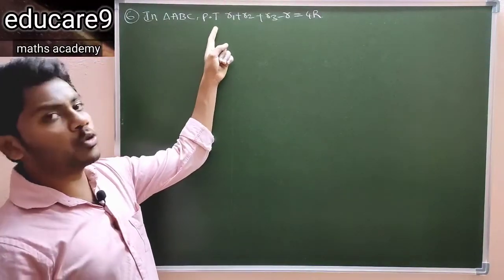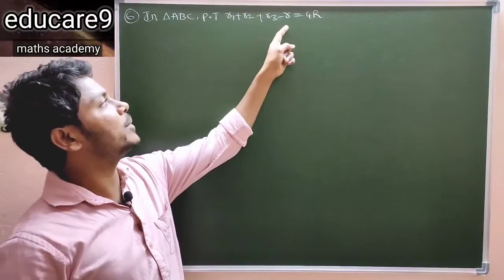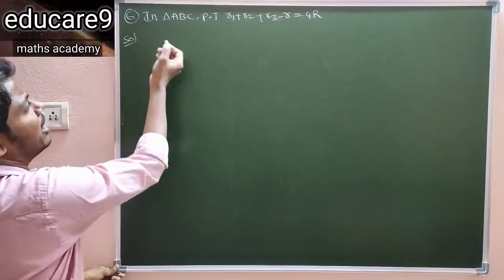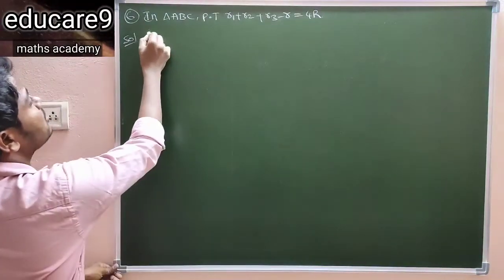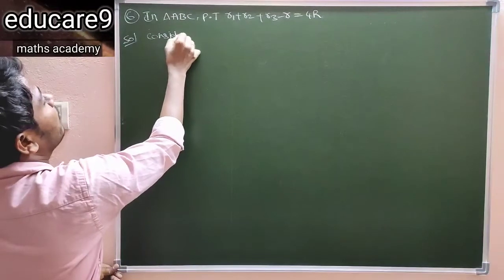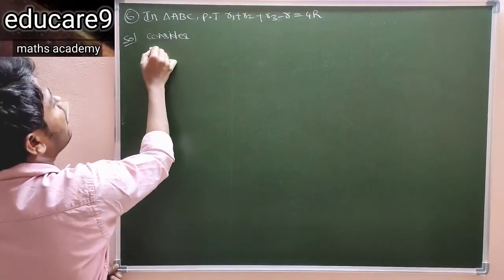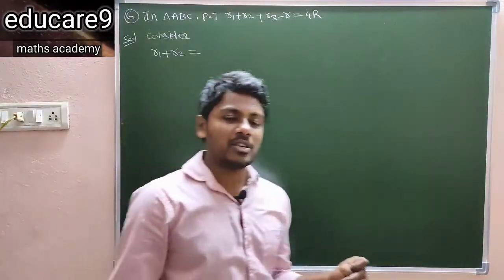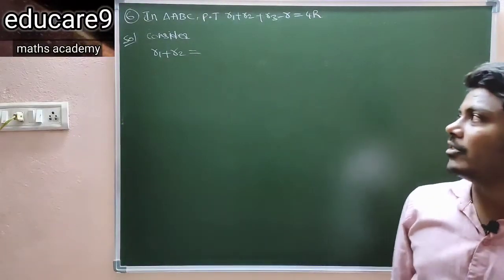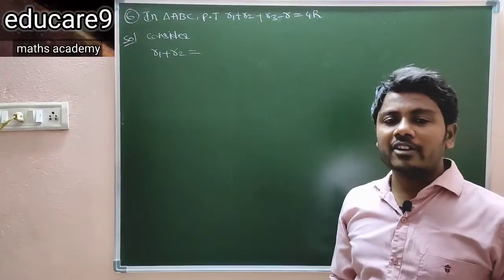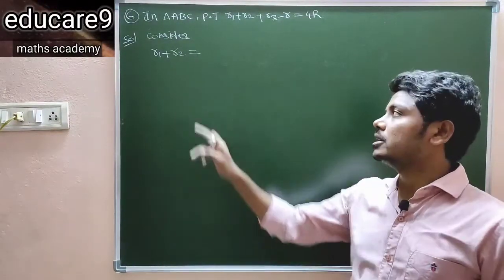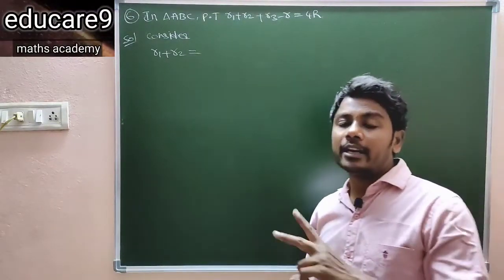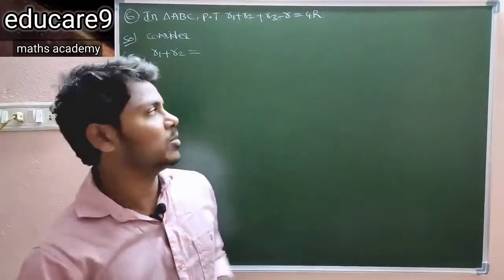In triangle ABC, prove that R1 plus R2 plus R3 minus r value is 4R. So see here, consider the LHS, or consider any two terms. Here I am considering the first two terms, that is R1 plus R2. Again you know the formulas of R1 and R2. Here R1 suffix is 1, so clearly the first term is sin, the remaining two terms cos. Here R2, suffix is 2, the second term is sin and the remaining two terms are cos. So write the formulas.